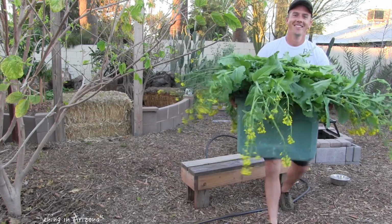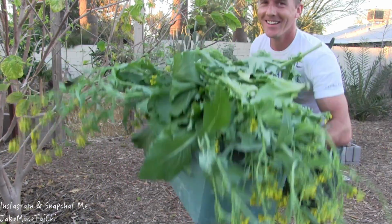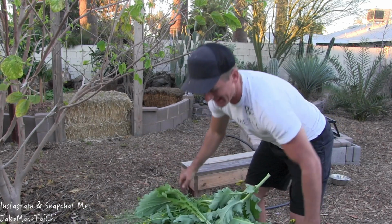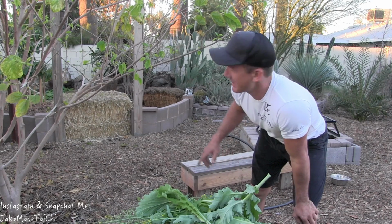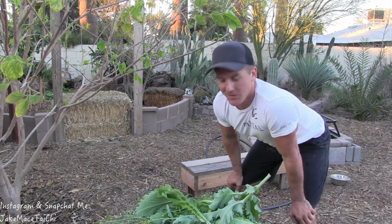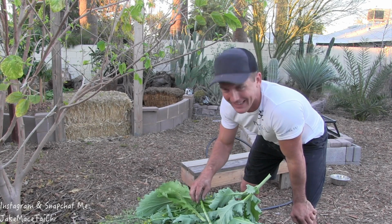All right, this is my tub full of Napa cabbage. It's totally full. It's a whole bunch. I think I can use all of it. I gave all the scraggly pieces to my rabbit Chubs, to my tortoise Leo, and to my rescue chickens over there. And I'm gonna try to take these guys, hose them off,